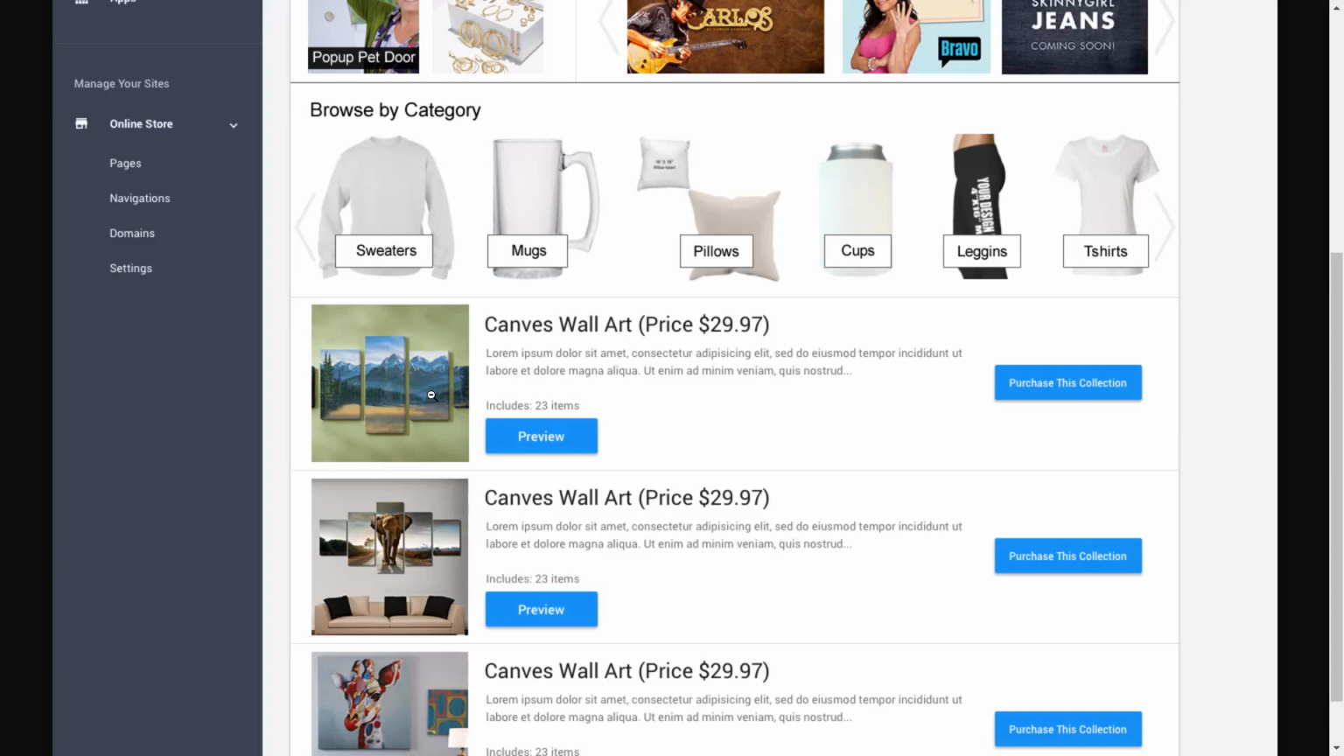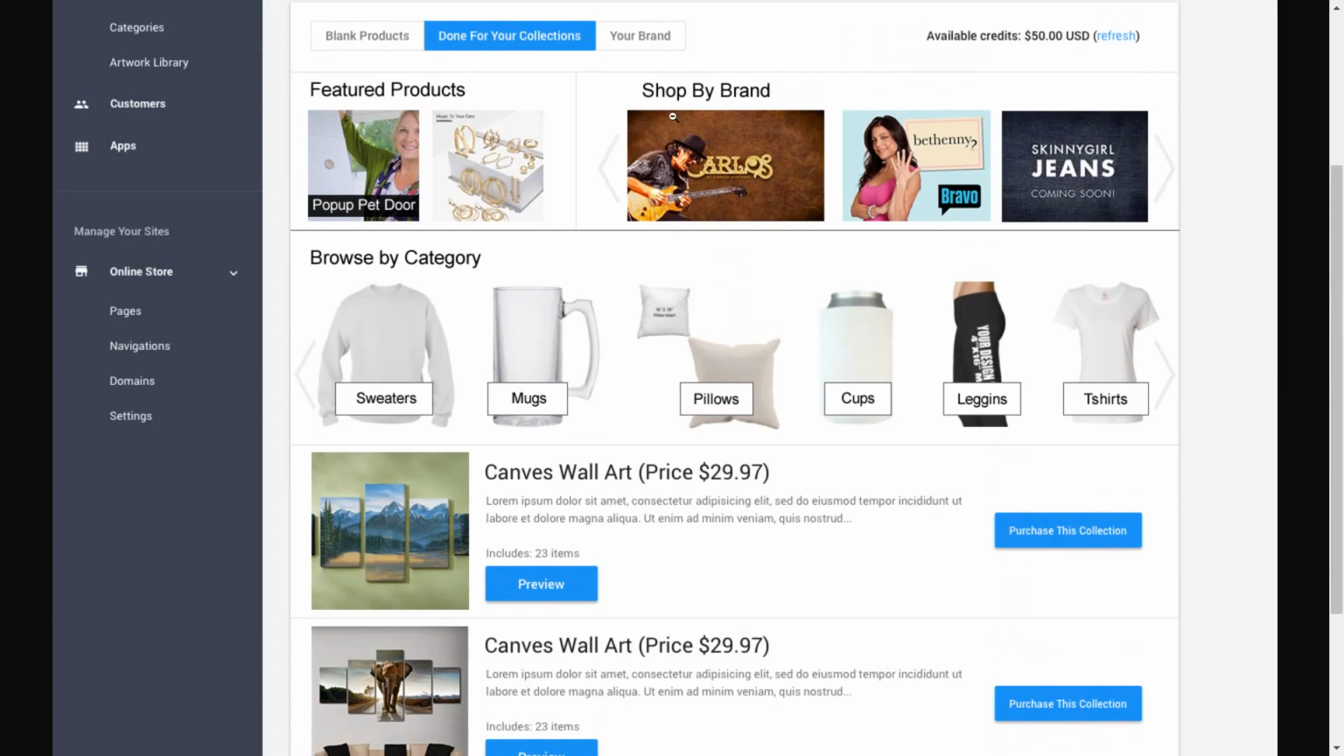It's already tied into our fulfillment center, our print-on-demand shipping center. So there's literally nothing they need to do other than pick and choose which collections, pick and choose which products they want to buy, press a few buttons, and it's in their store ready to go. It's that simple. Now, one thing I will mention is up here, we have something called Shop by Brand and